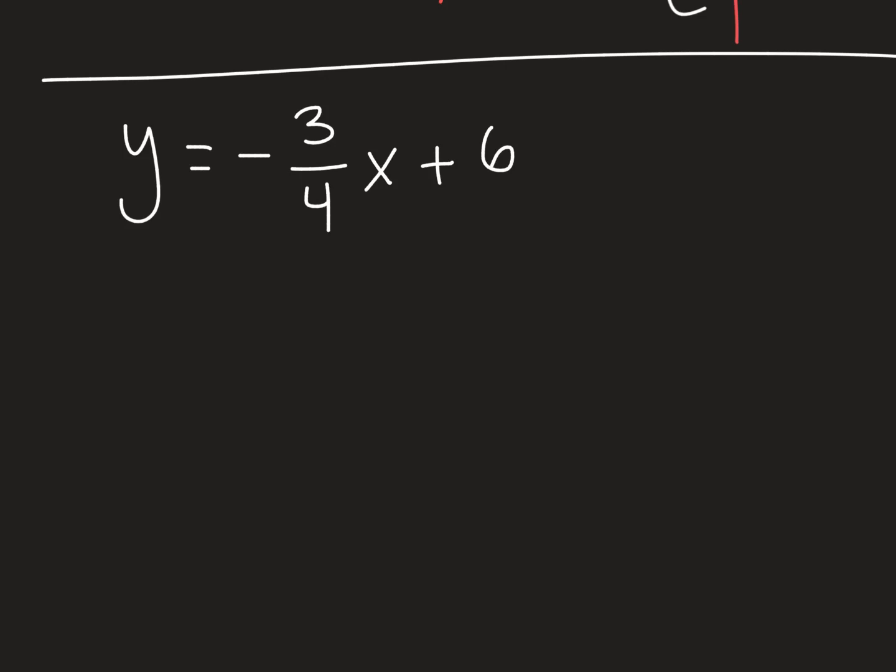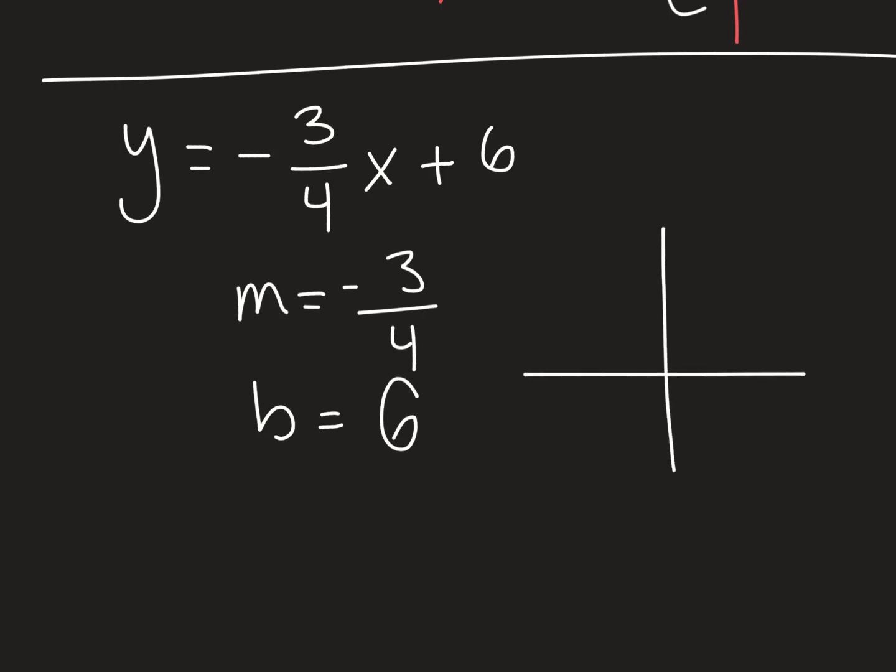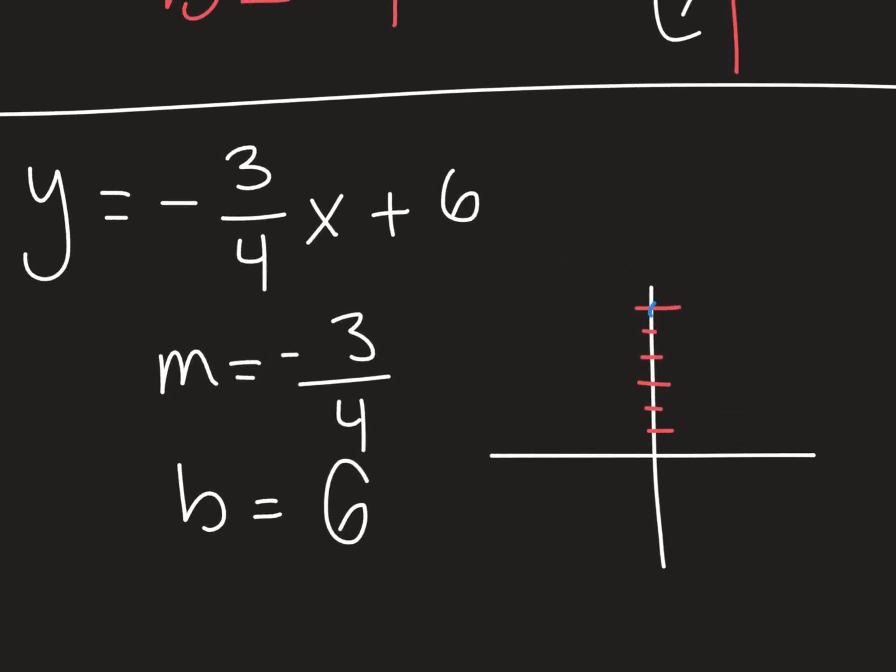Okay, so let's look at this. What's the slope? -3 over 4. If you want to write it like that, that's A-okay. And b is what? 6. So I need to go to my graph. 1, 2, 3, 4, 5, 6. And I put a dot at the 6. b is always on the